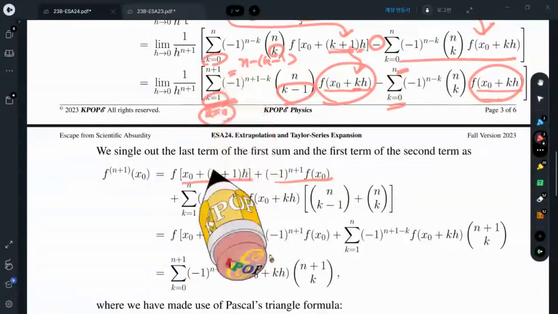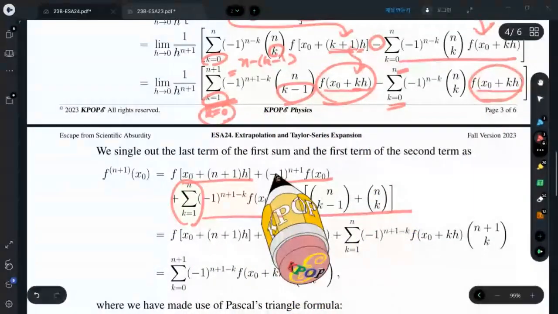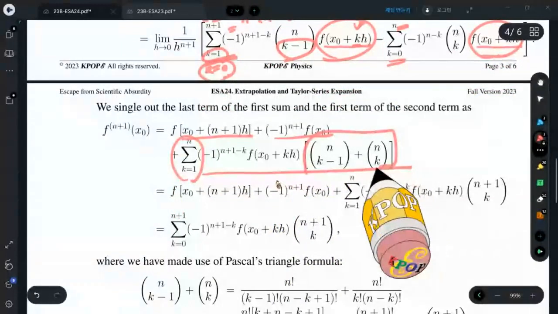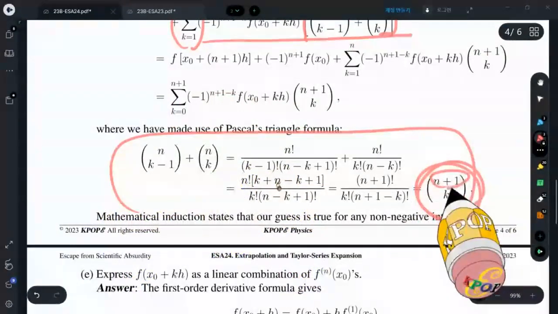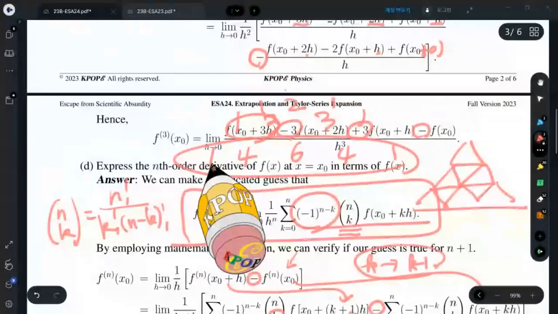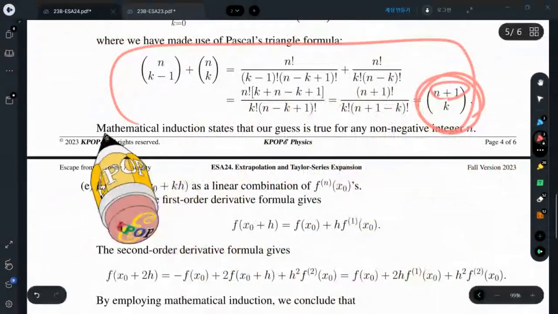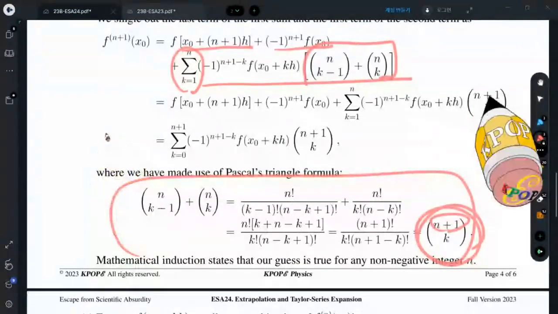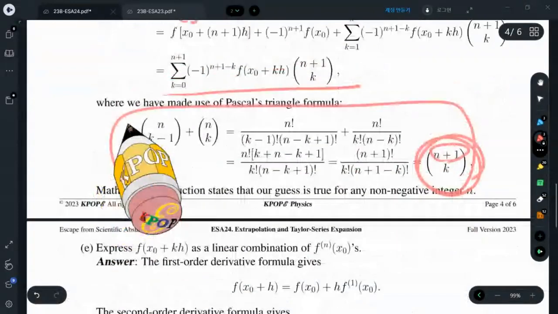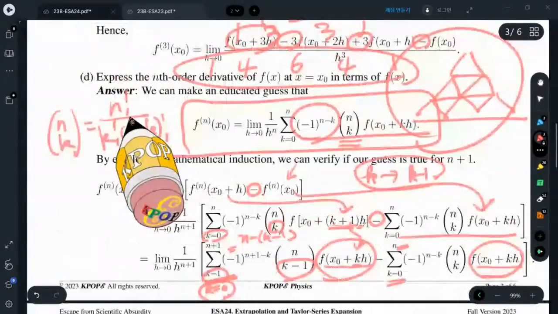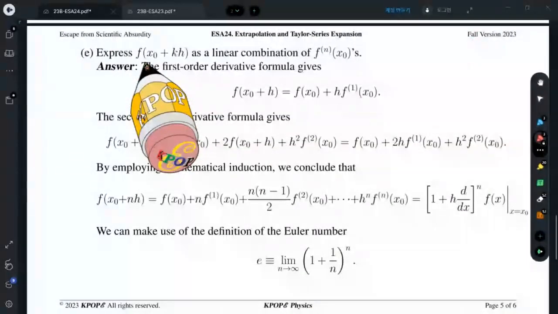And from 1 to n, we have two terms that can be summed. And this one is simply shifted by 1, coming from Pascal's triangle, and the proof is given in explicit form. As a result, I can combine the two terms, and finally the expression is proved to be the same as our original guess. Therefore, we can conclude that